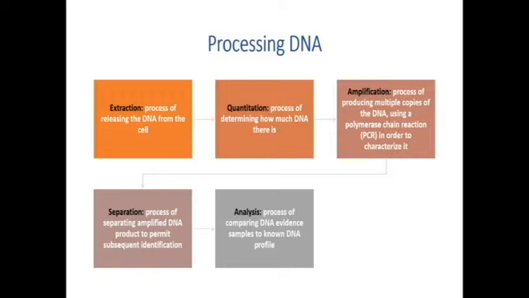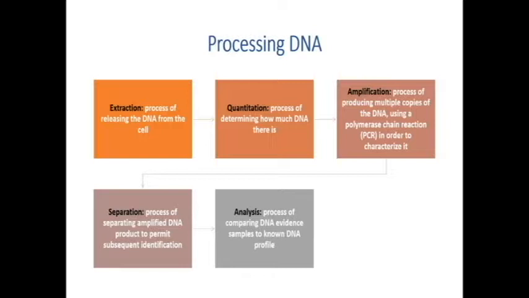When the DNA is collected, it is then sent to the lab to be processed. There are 5 steps to processing DNA. Extraction, which is the process of releasing the DNA from cells. Quantitation is determining how much DNA there is. Amplification is the process of making multiple copies of DNA. Separation is the process of separating the amplified DNA. And then analyzing the DNA by comparing it to a DNA profile from either the database or DNA evidence